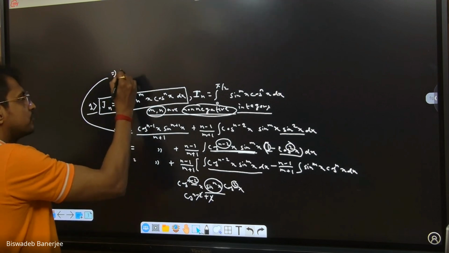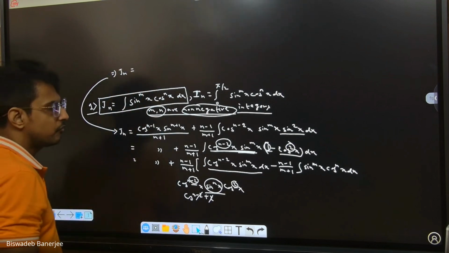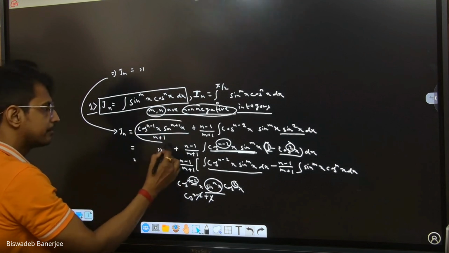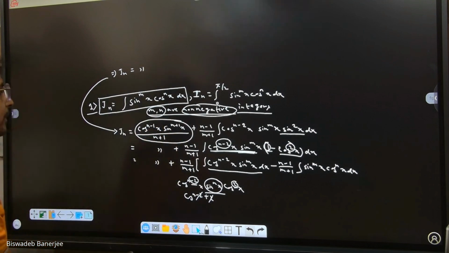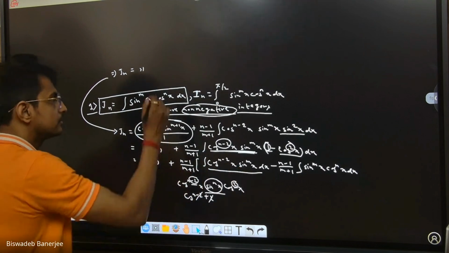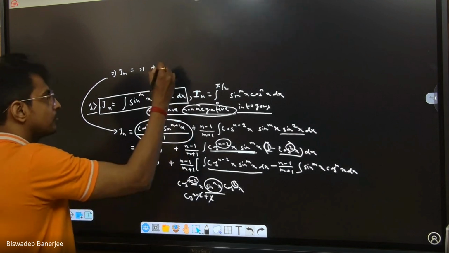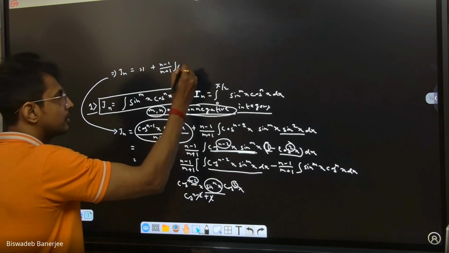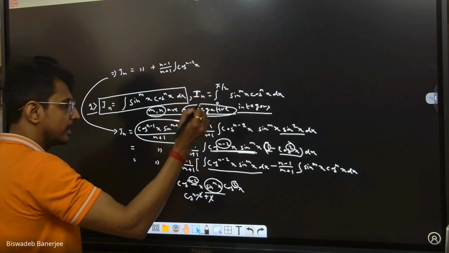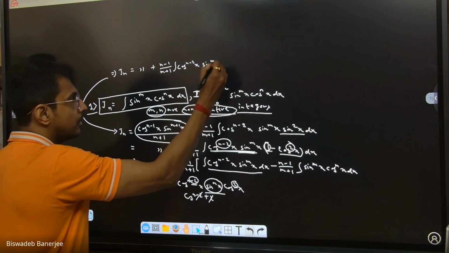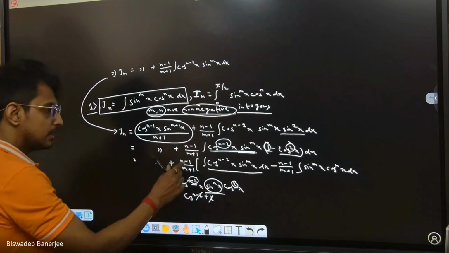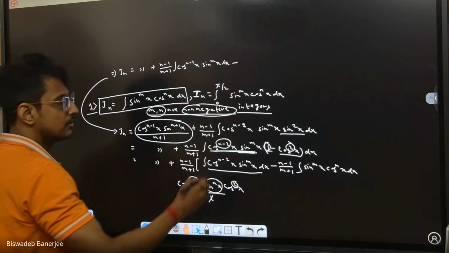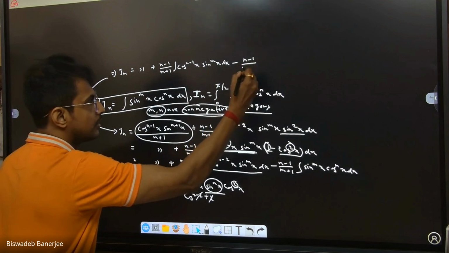Then what is my form of Jn? See that in my form of Jn, the first portion remains as it is. My first part is this. It remains as it is. And for the second part, this becomes n minus 1 by m plus 1 into integration cos to the power n minus 2x sine to the power mx dx. So this multiplying with this, plus into minus, giving you minus, and this portion in minus 1 by